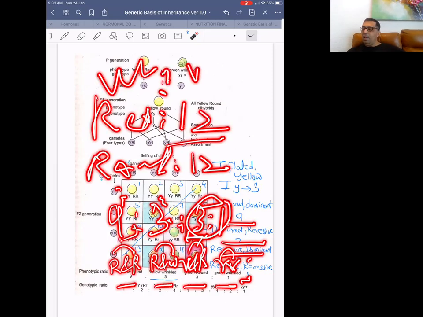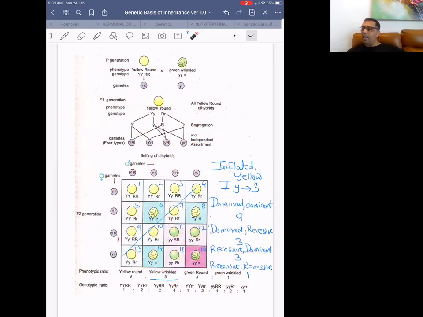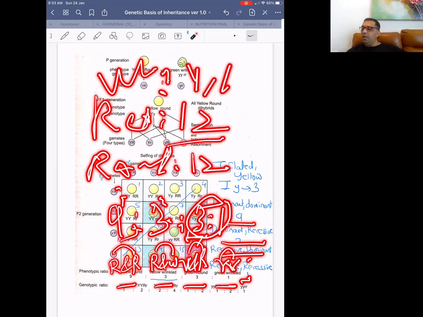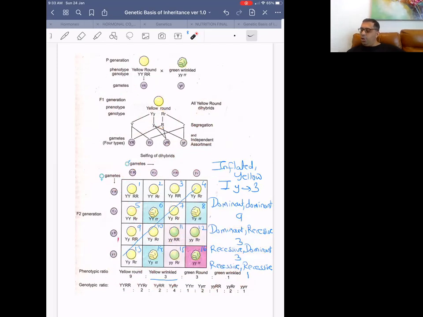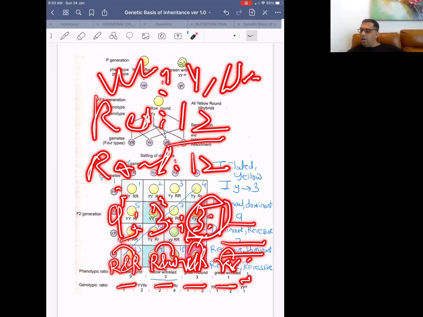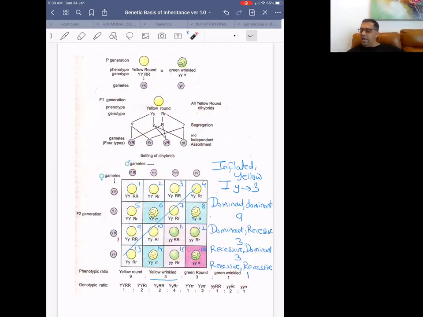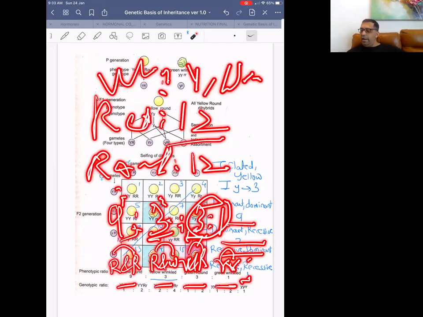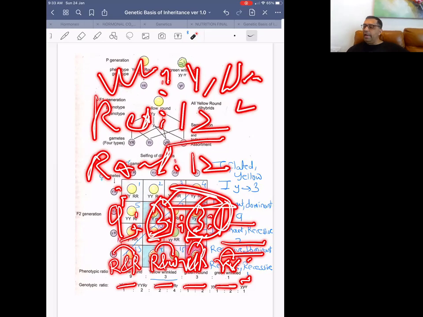4 white. And how many wrinkled will you get? Wrinkled, you will get 3 that are red and wrinkled. And 1 you get white and wrinkled. So 3 plus 1, a total of 4 you get wrinkled. So, golden words.